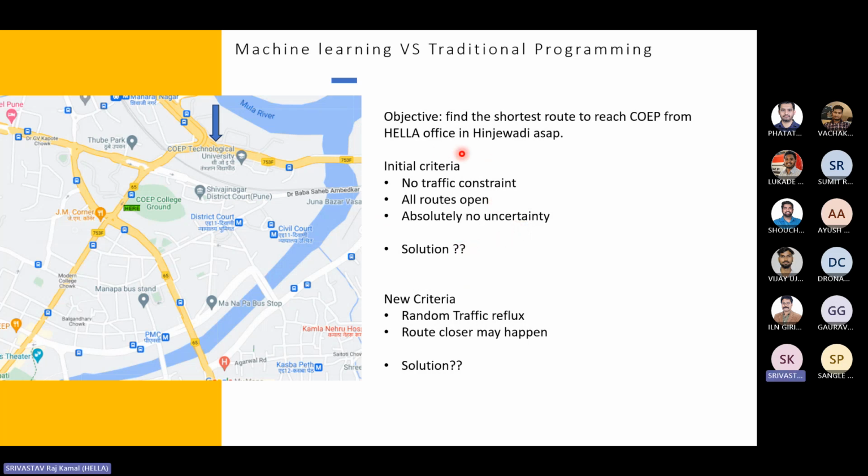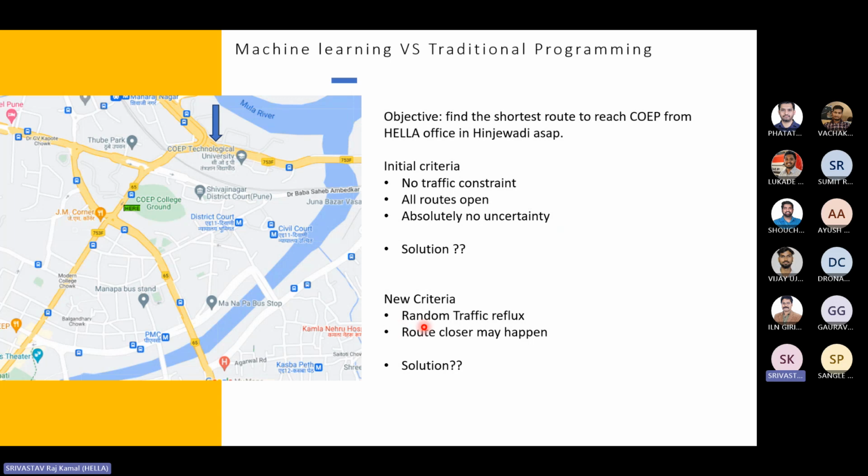So this is not a machine learning problem, and this boils down to a simple traveling problem. If you've heard of it, there's an algorithm, the traveling salesman, in which you can figure out, okay, this is the smallest path, I'll take this path, because there is no uncertainty. And uncertainty is the word which always remains with machine learning problems. So always, if you think about solving some machine learning problem, think in terms of uncertainty, because that's what machine learning is trying to solve.